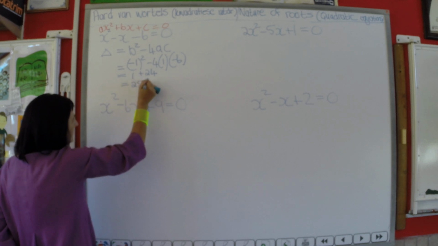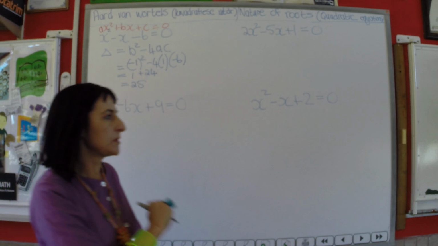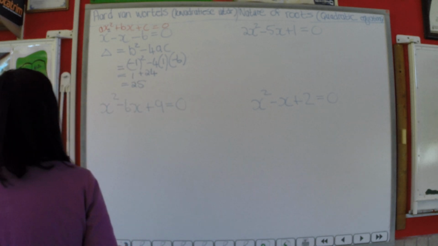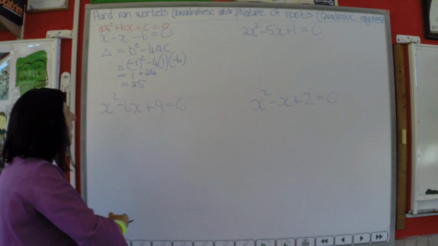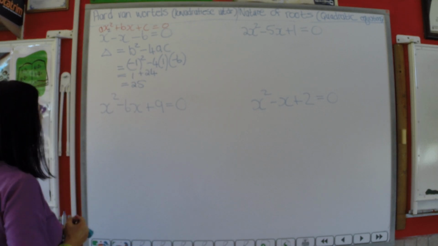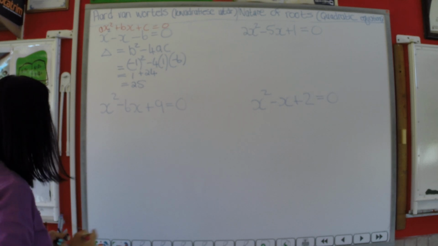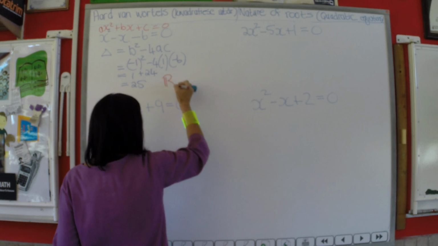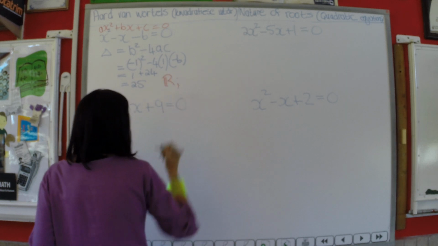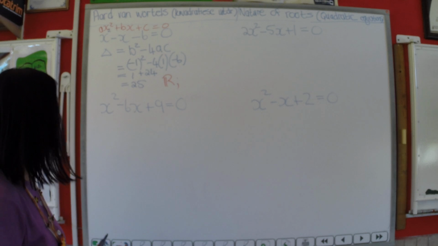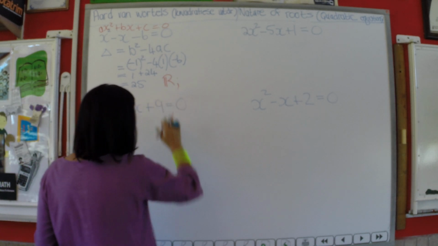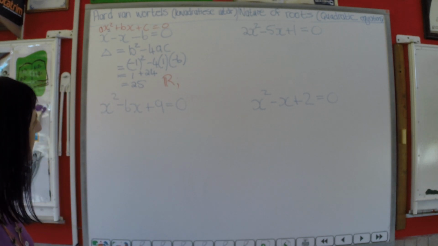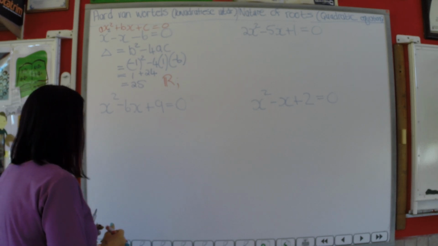So now I can get 3 properties of the roots. Number 1, because delta is greater or equals to 0, this guy is real. So that's one of the properties. You must unfortunately write it out. It's real. The next one, whether it's irrational or rational,